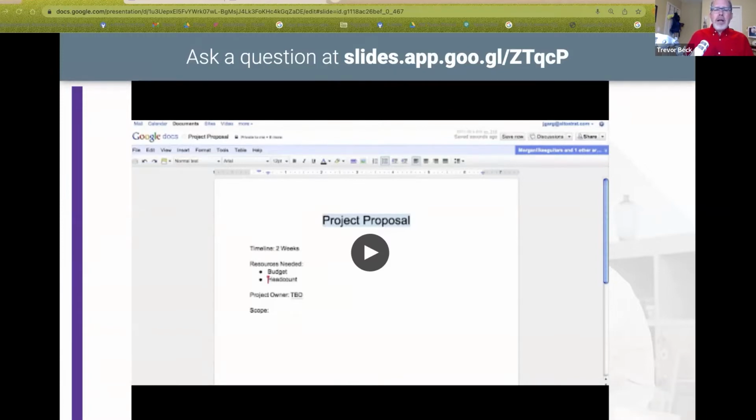I don't know if you've ever tried to use some of the mobile apps for Microsoft. It's not friendly. And as someone who's been teaching this stuff for a few years, I know what I'm talking about. But the nice thing about this is that the mobile apps for Google work really well to make those edits and stuff. It's not the exact same as working on the actual document, but you'll get the idea.